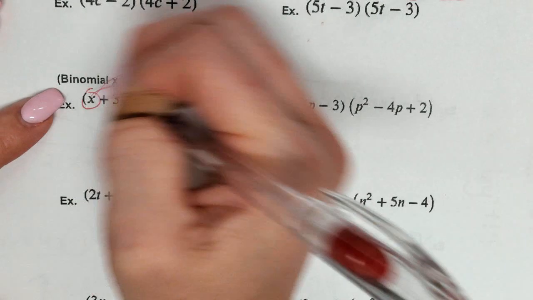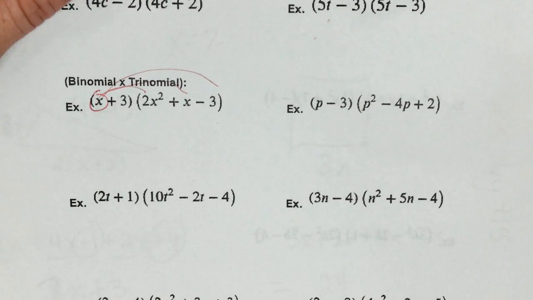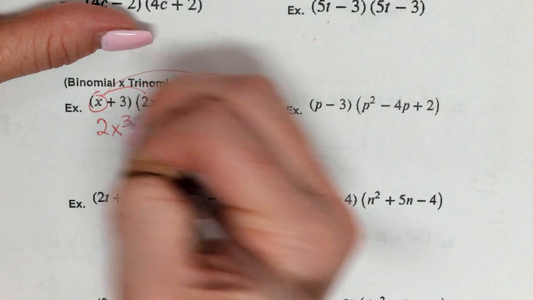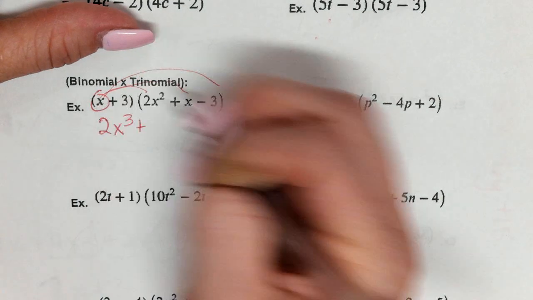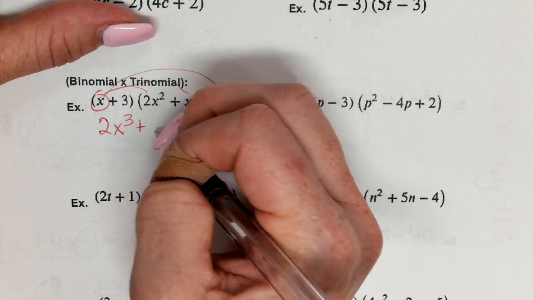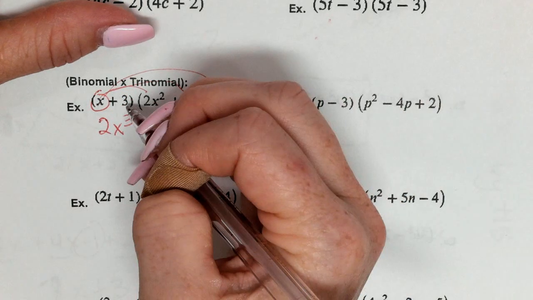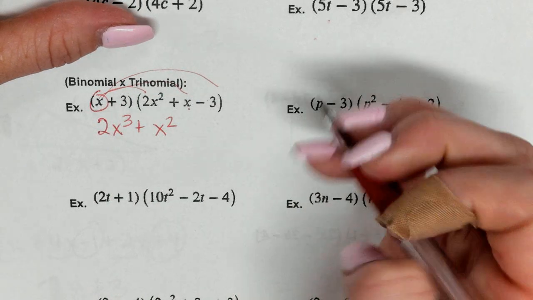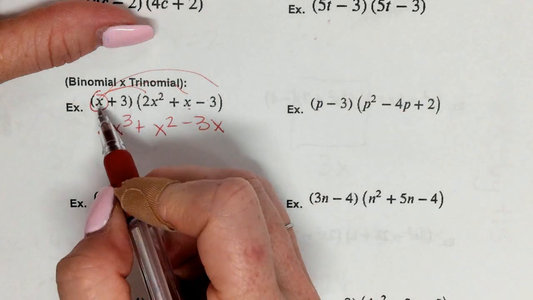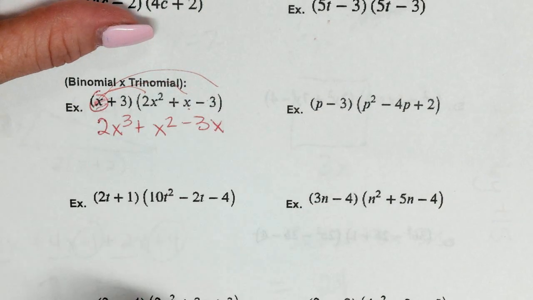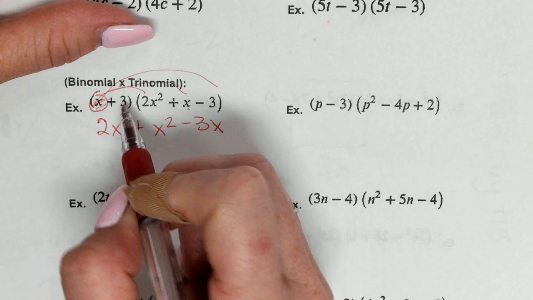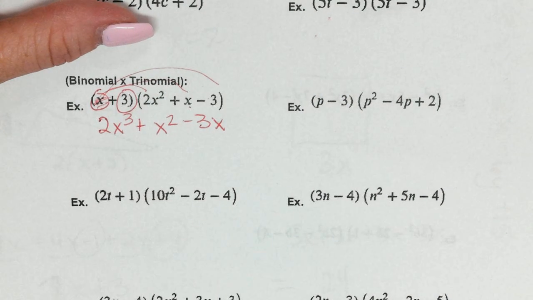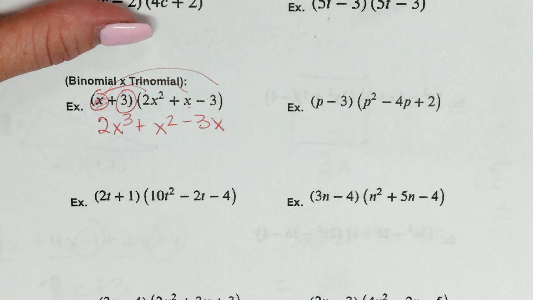Okay, so what's x times 2x squared? 2x cubed. Plus, what's x times x? X squared. And then what is x times negative 3? Negative 3x. Now we are done with this first term. Now we take the second term and we're going to multiply it by everything in the second parentheses. And what I would do